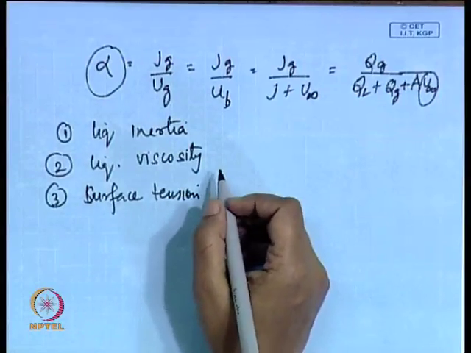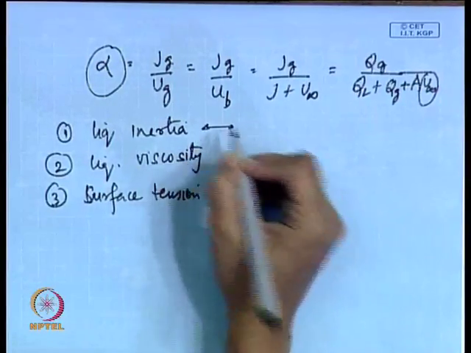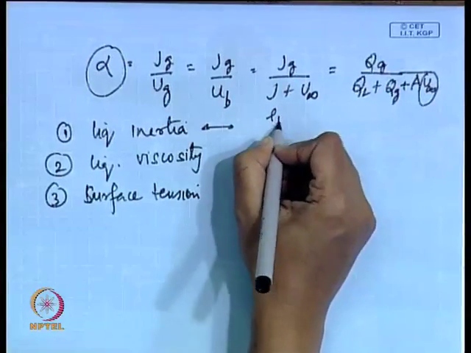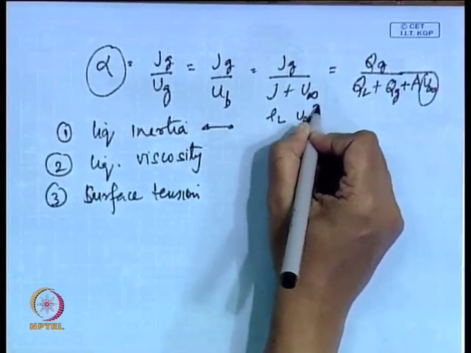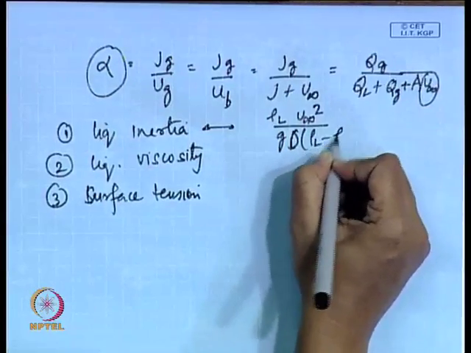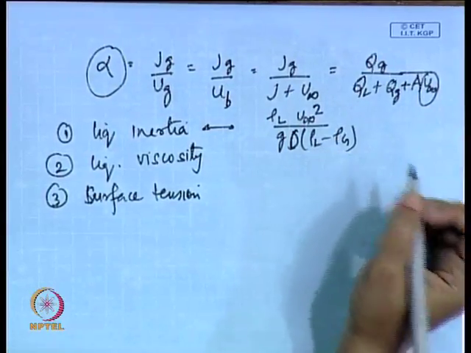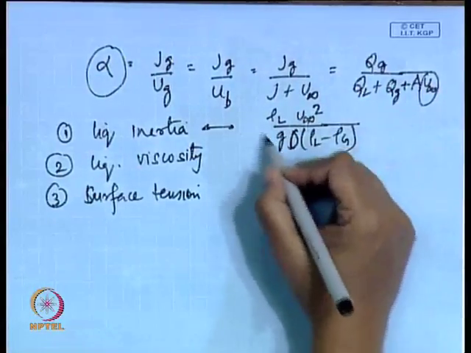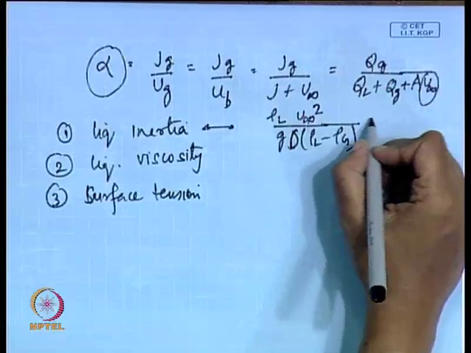Now, a balance of liquid inertia and buoyancy, what does it give? If we balance these two, we get a dimensionless group something of this sort, g d into rho L minus rho g. We get buoyant force and liquid inertia balanced, giving something of this sort,